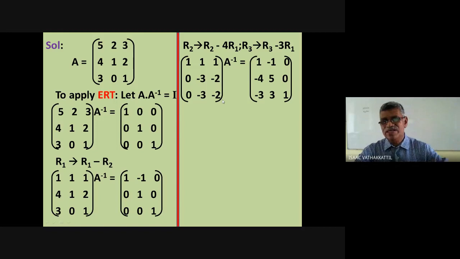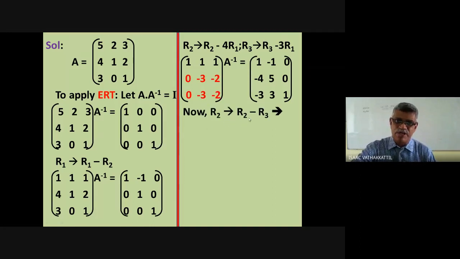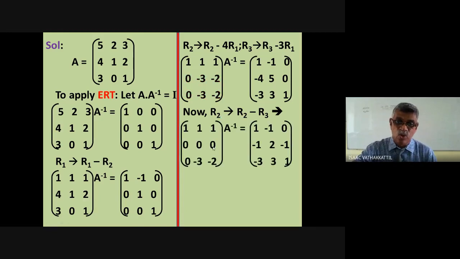Keep that in mind at any moment. If we add or subtract one row from another, because we are applying ERT, if we get all the elements 0, look for that at any moment. Here I am doing that. Look, these two rows are identical. That means we apply the elementary operation R2 changes to R2 minus R3. Why do I bring it up? This is not to bring this into identity matrix, because we observe these two rows are identical. I can do R2 changes to R2 minus R3, and this becomes 0, 0, 0.